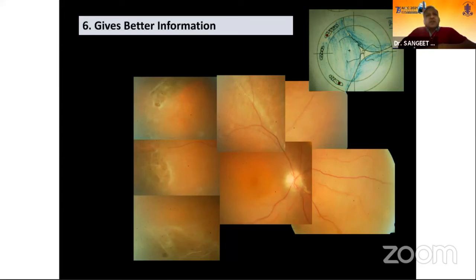You see, this was a fundus picture. This was a collage made by my associate, and though she was able to pick up all the lattices and holes in this picture, a simple fundus drawing highlighted where all these lattices were located and how many holes were present and what we had to do.